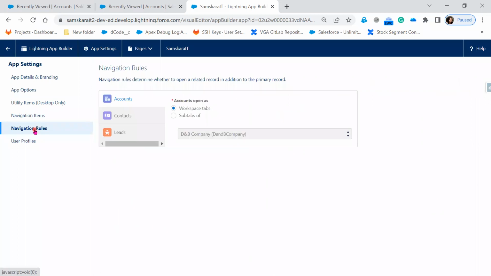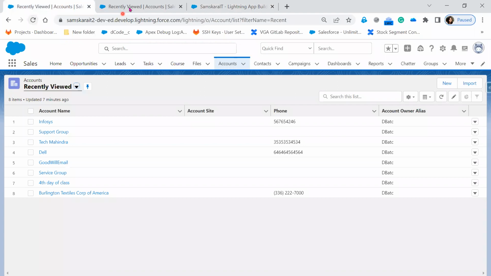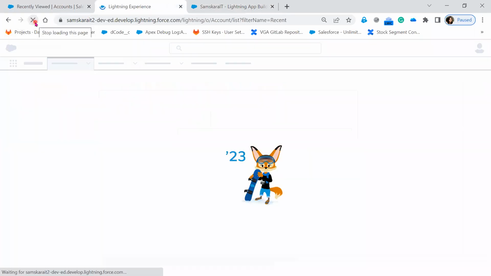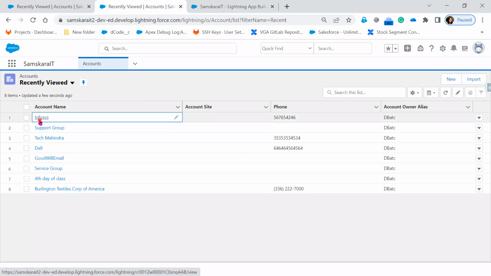Now, navigation rule, workspace tab. Right now, if I give sub tab, let's say this, user profile, that is the profile I want. Okay, that's all I need. What I want is to refresh this Lightning Experience application, Samskara IT. Now we can see here three are there. If I open this Infosys,